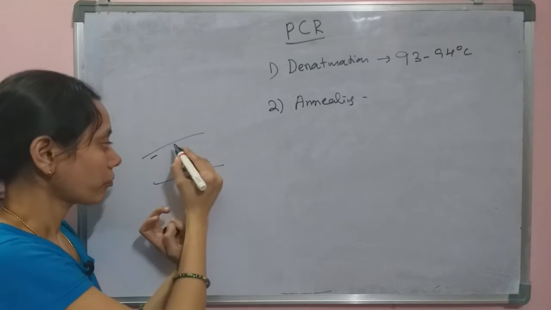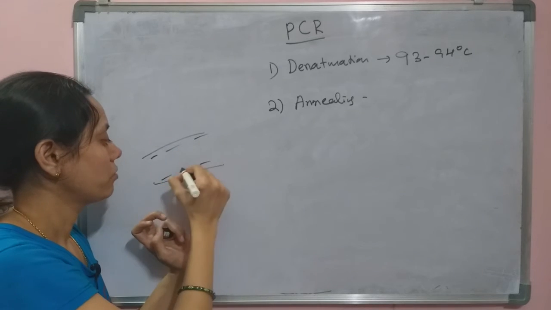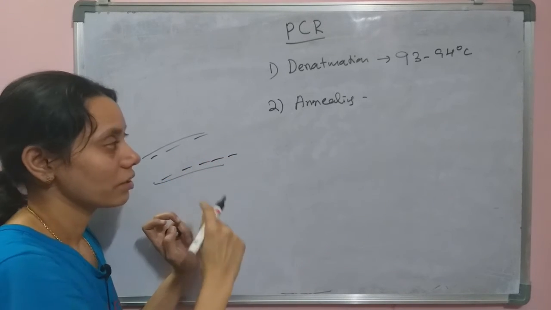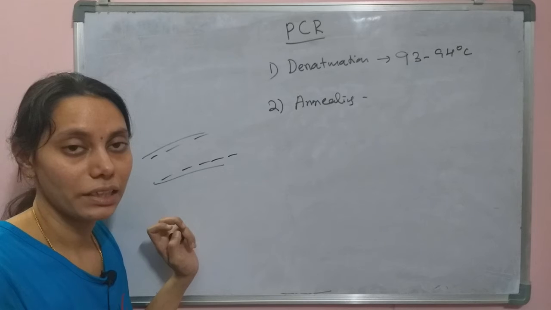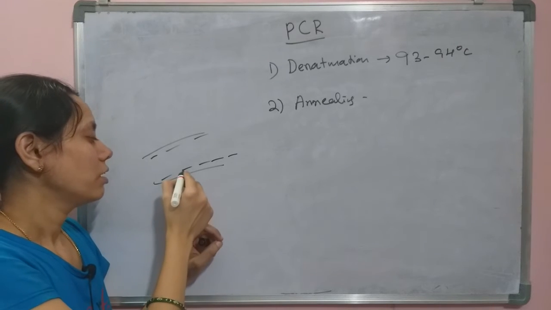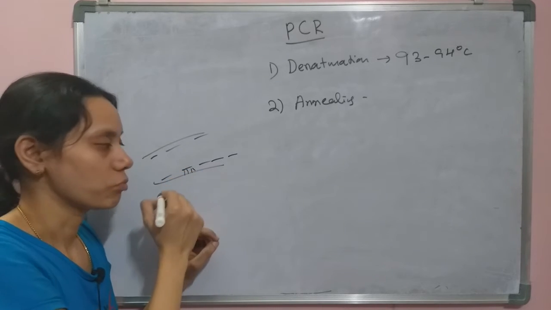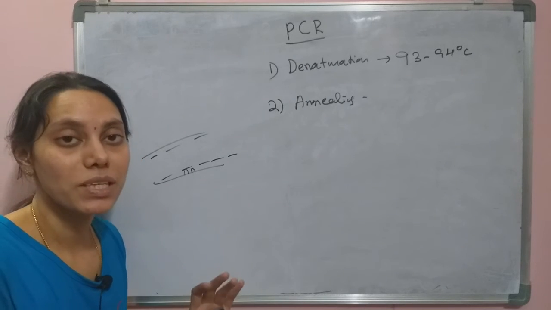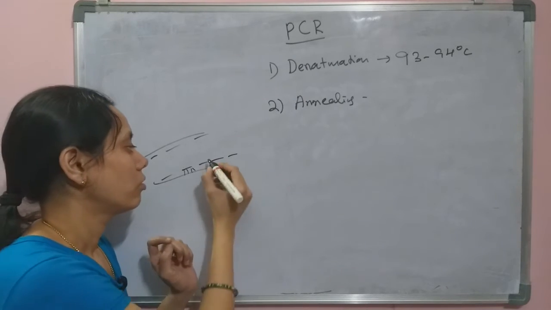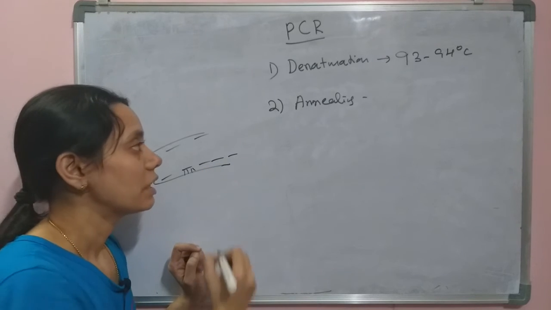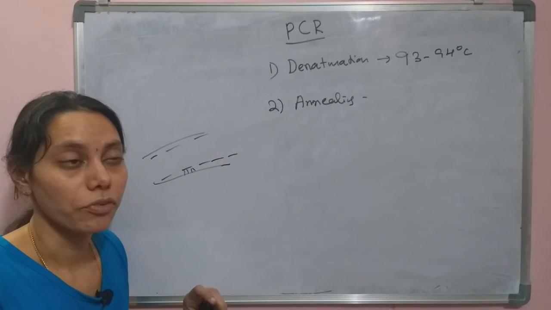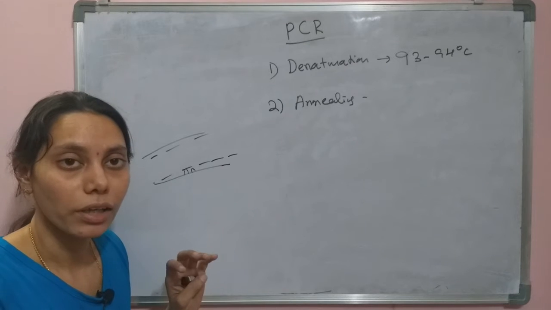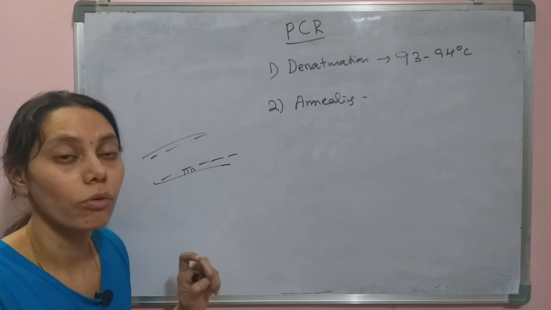That means they'll bind randomly at different positions of the DNA template, and they try to make the hydrogen bonds, but only the binding will be standardized, or the binding is stable enough, will be strong enough to proceed the reaction